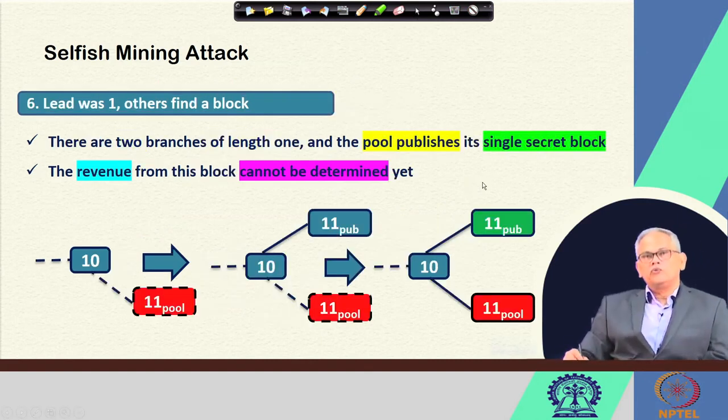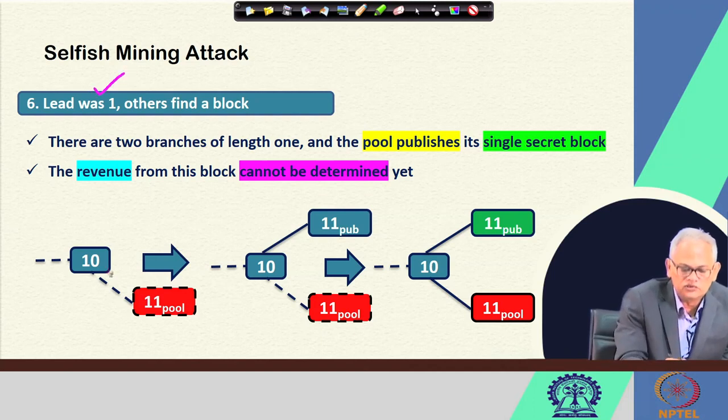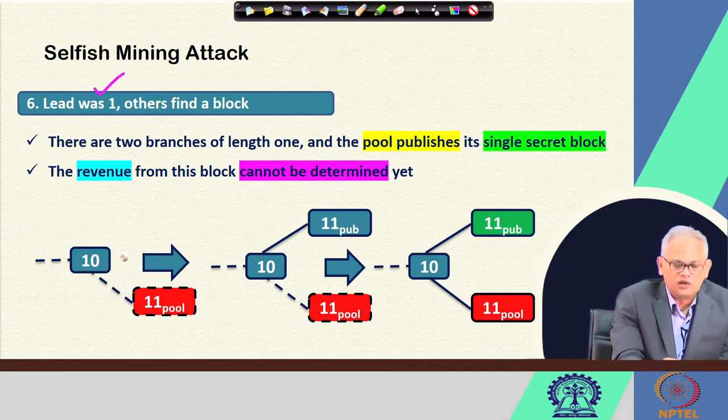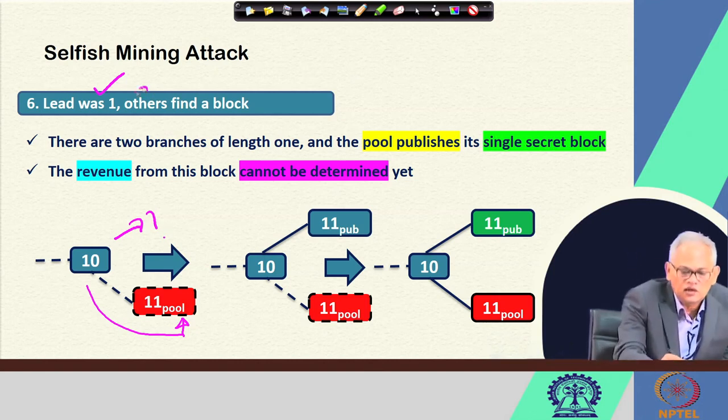Okay. Now, what we see here is that there was a lead of 1. So we had this 10, and then the starting scenario was that, as we mentioned here, there was a lead of 1. After 10, this attacker has this 11 pool, but there is nothing yet in the public chain. So at this time, the attacker was having a lead of 1, but then others found a block,